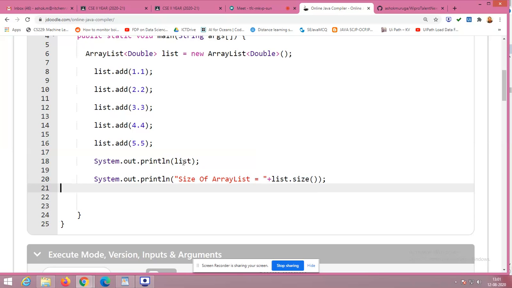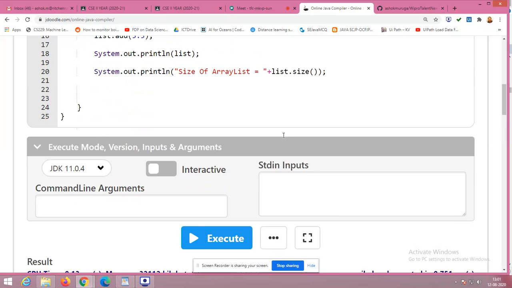Okay. So list is nothing but the object. I have created a list. Using that list object, I am adding the elements in the list. To add elements in the list, what is the method I have to use? Add. If it is a number, you can give it as it is. If you are going to create a string array list, what do you have to do? You have to insert using double quotes, add of double quotes. Within double quotes, you have to give the string. That's the thing.